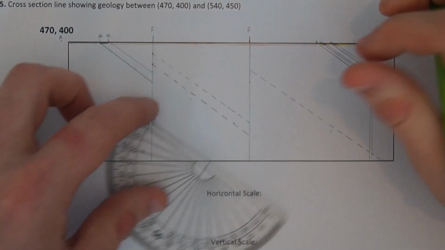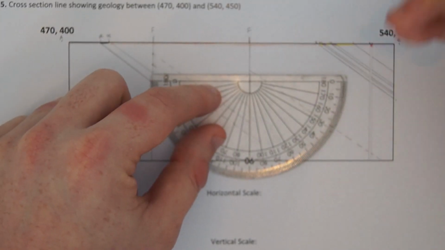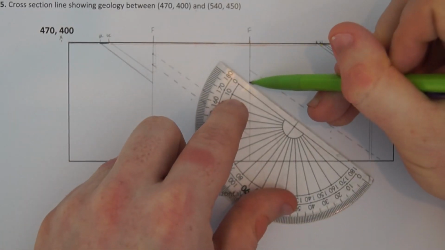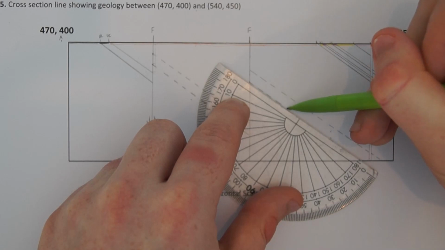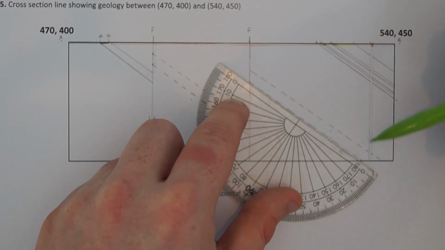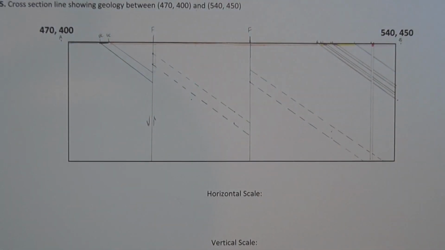So that's about there. Get that to 35 degrees. And then plot it as a dashed line to show my relative uncertainty. Okay,